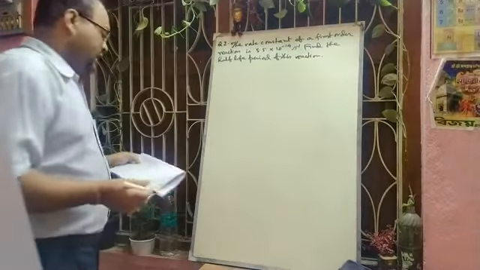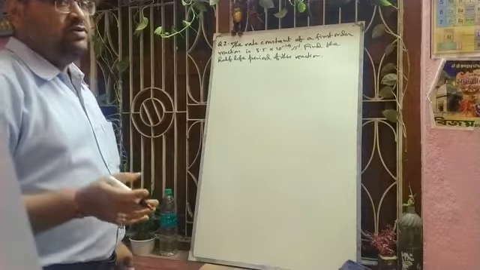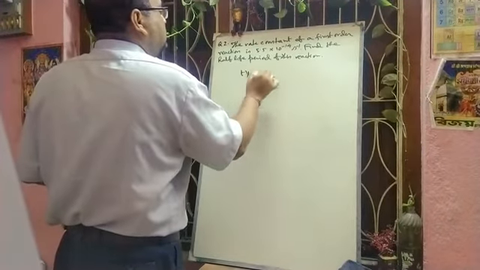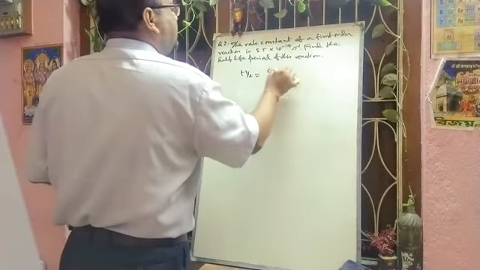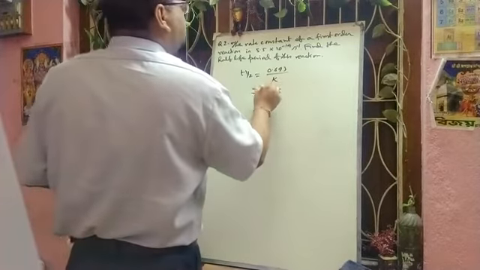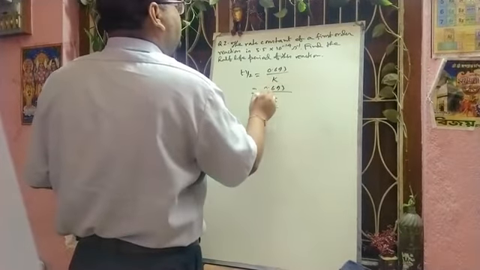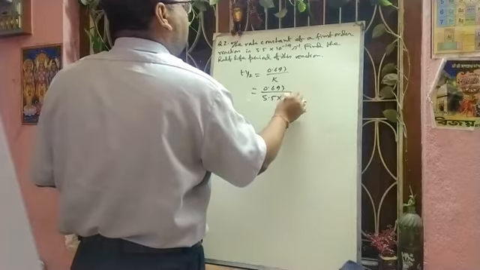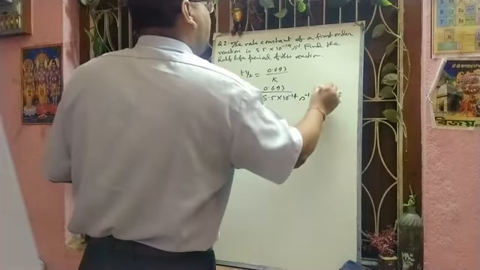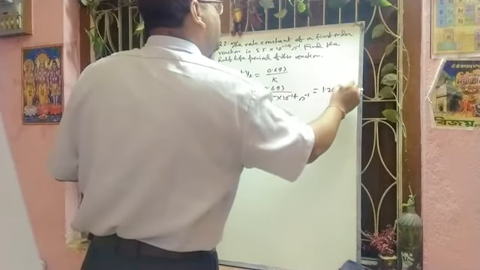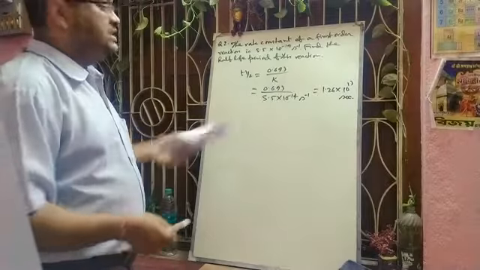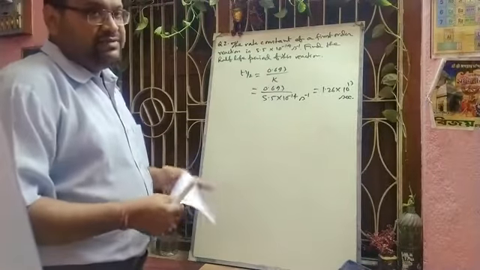Here, for a first order reaction, all of you know that t half is equal to 0.693 divided by K. So here the K value is given: 0.693 divided by 5.5 into 10 to the power minus 14 second inverse. If you calculate, you will get 1.26 into 10 to the power 13 seconds. So that will be the t half of this first order reaction. This type of problems are very easy.